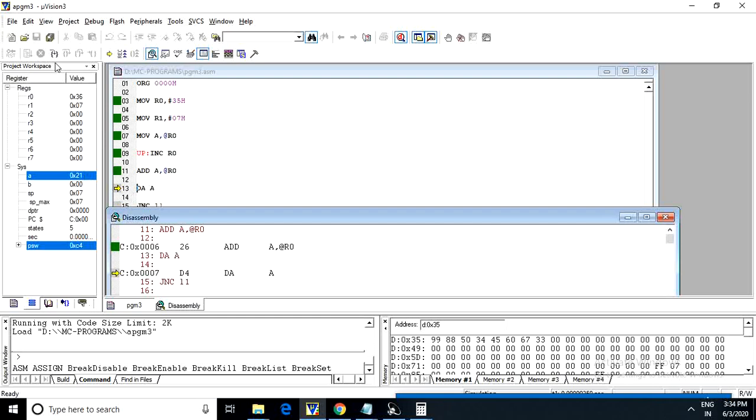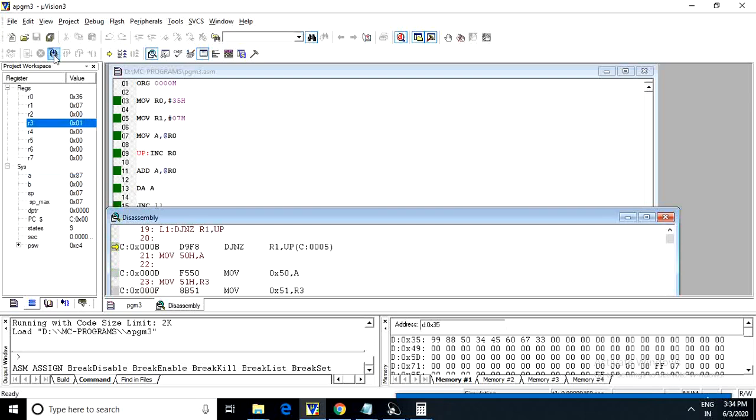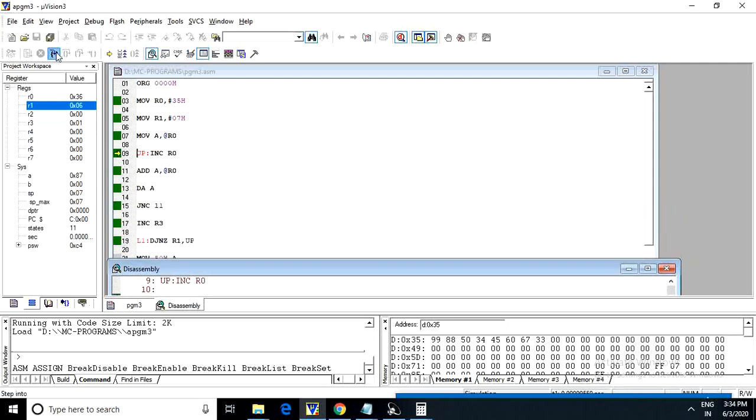See 21, it will check whether the lower nibble and the upper nibble are greater than 9. In that case suitable operations will be performed. See now it is converted to 87, that is after the DA A instruction. Suppose there is a carry, R0 will be incremented by 1. So continuously the instructions will be executed until all the 8 numbers are added.